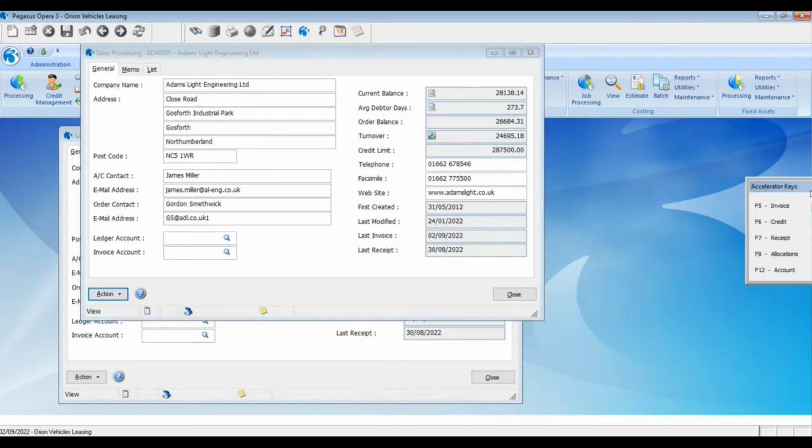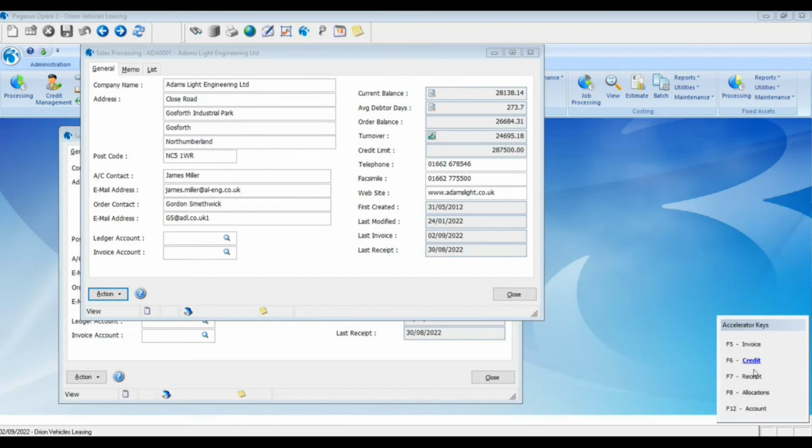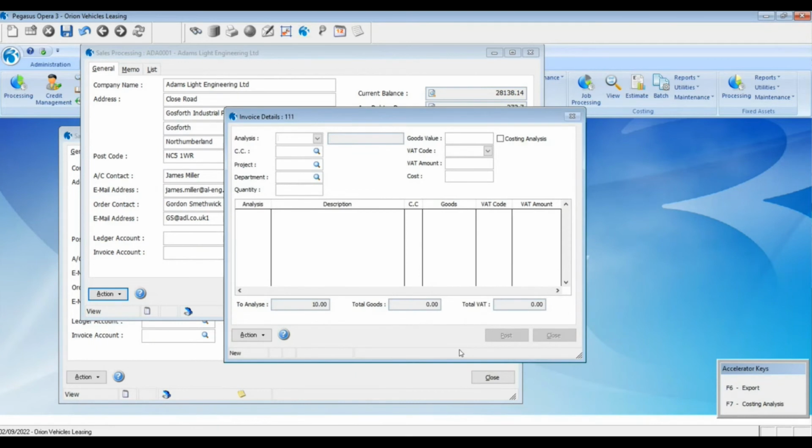So all I need to do is, that disappeared very quickly, and just move that out of the way. So I just click back on that, and just go for invoice. So I'm just going to post the invoice again. So you can see there, all I need to do was just click on the box rather than going action, going all the way down, and it immediately just called up the screen. So what I'm going to do is just do another posting,